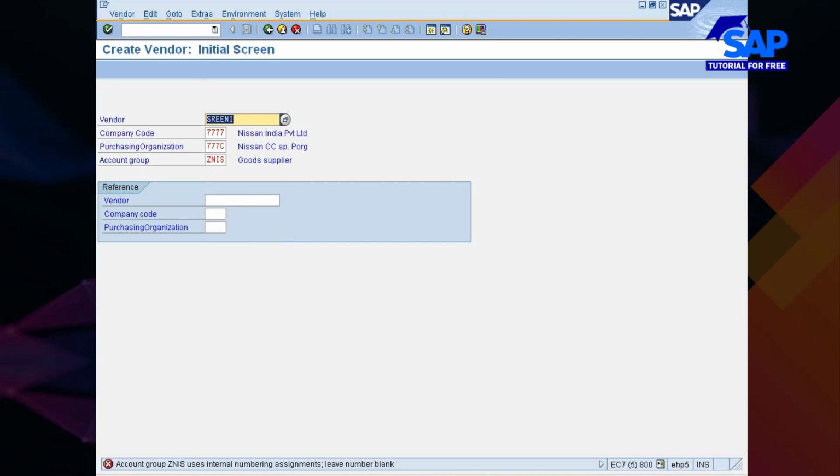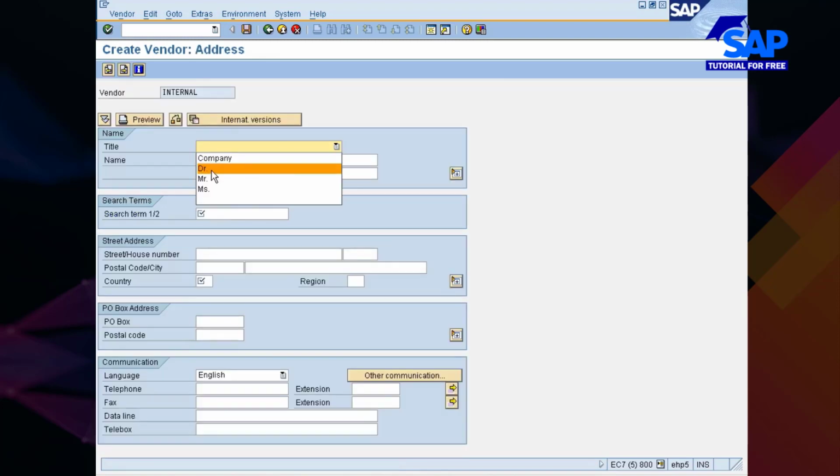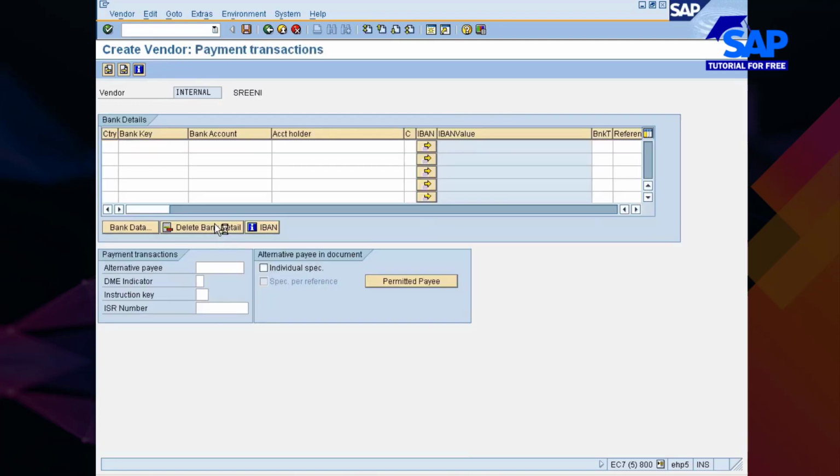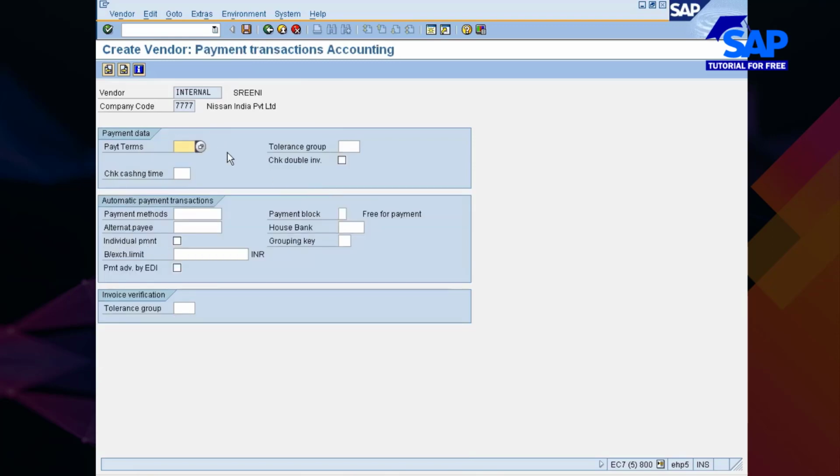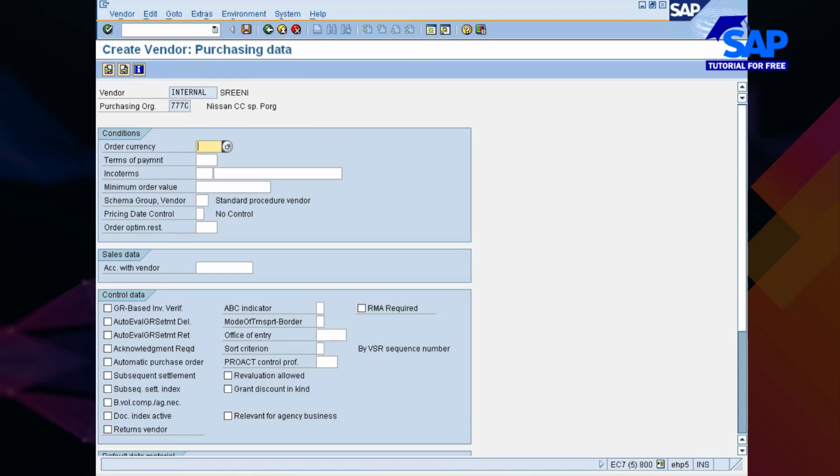Internal number assignment, so you remove this one. Company, whatever it is, country IN, recon account, cash management group, payment terms, order currency, terms of payment.